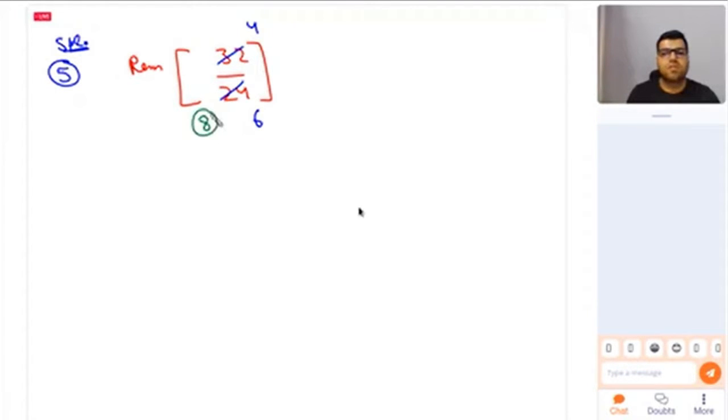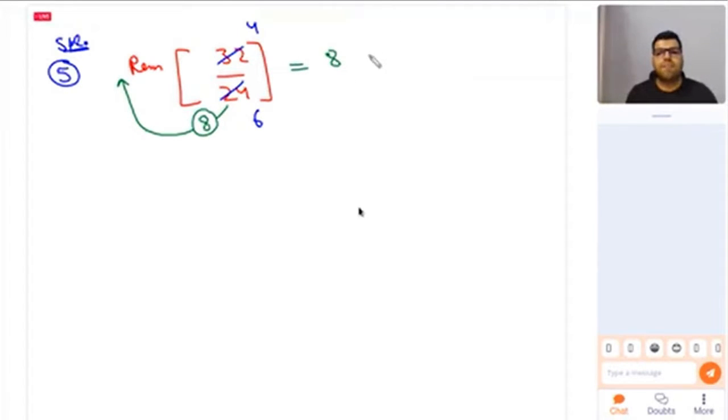Within the REM function it is allowed to cut the dividend and divisor by a certain factor, but then you have to place this factor which has been cut out before the remainder. So this 8, which has been cancelled from both the dividend and divisor, will go to the left of the function. So it will become 8 times